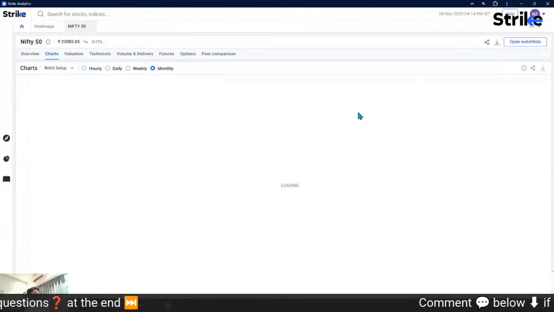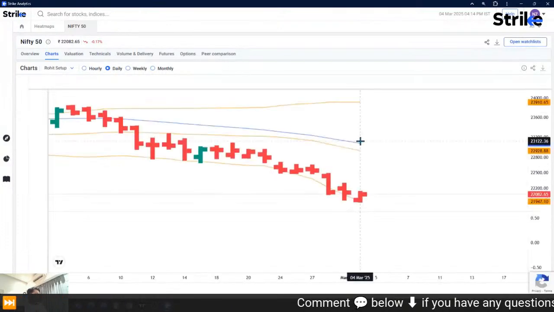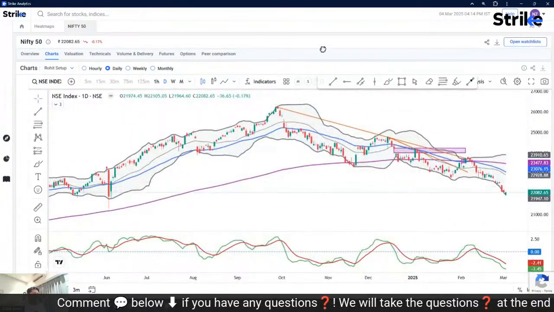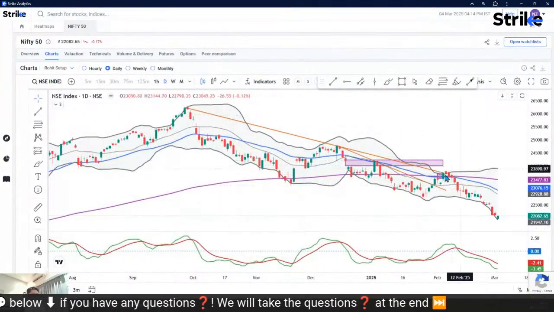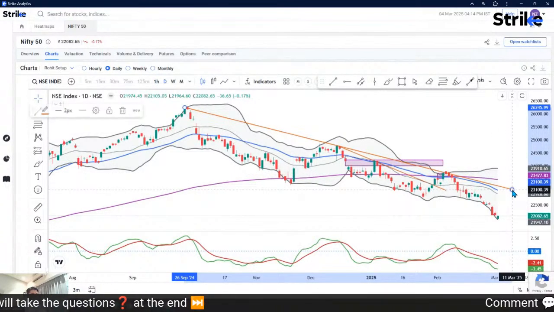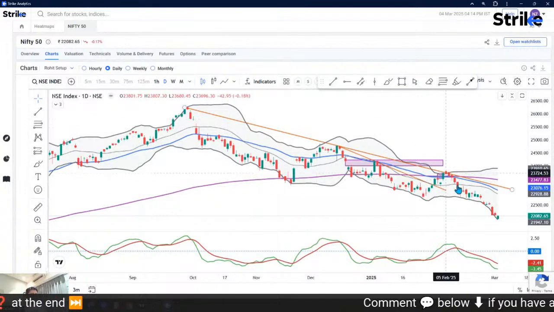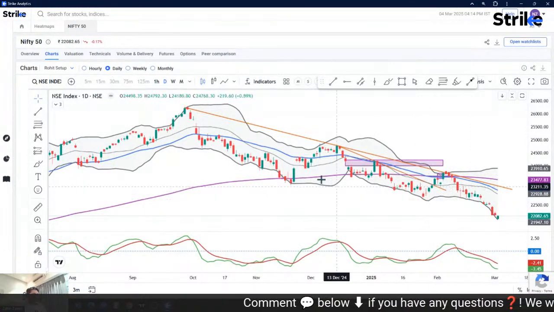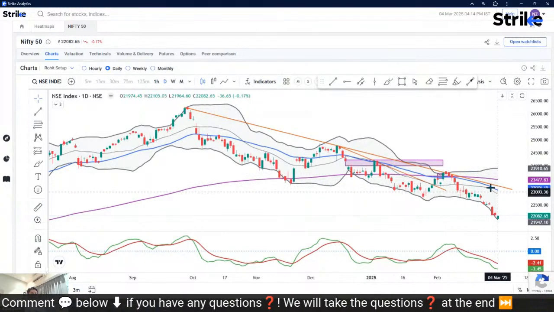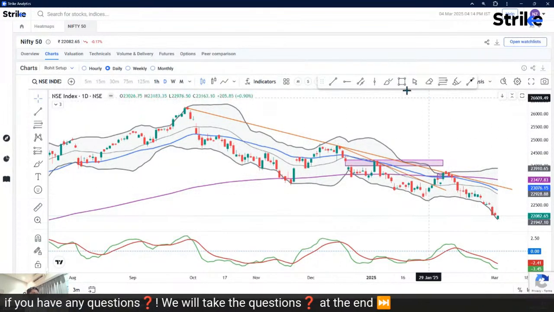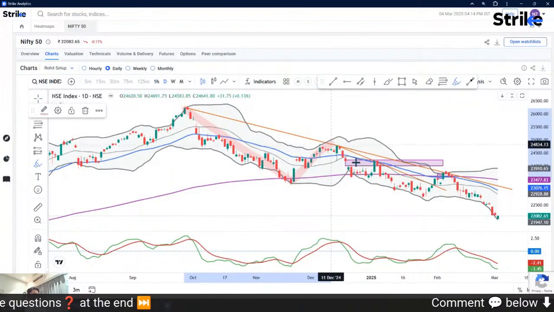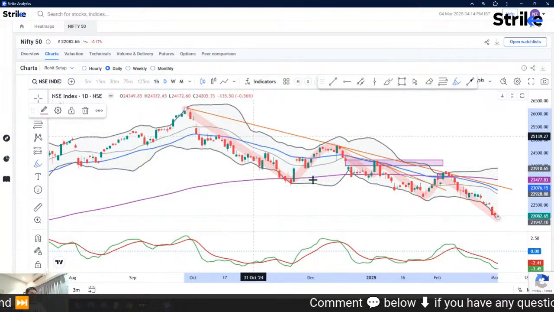All right. Let me also analyze the daily chart for Nifty. When we look at the daily chart for Nifty, we can see this was the line that we had drawn in the past, when we were doing live webinars on Nifty analysis. So Nifty is unable to break past this yellow line. Nifty is unable to stay steady above the blue moving average, that is the 40 EMA. And consistently Nifty is making lower highs and lower lows,